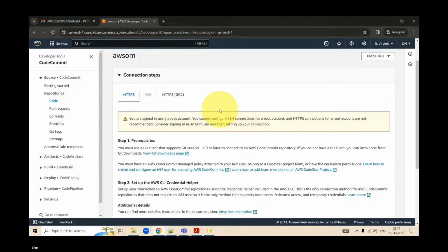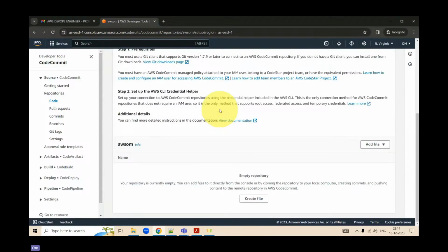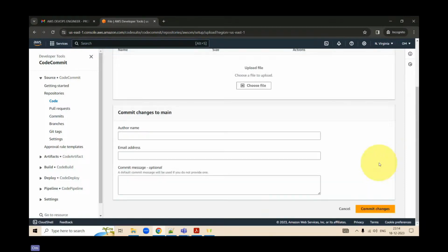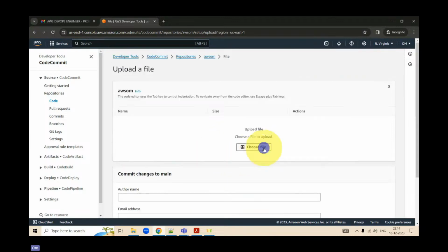Now, once your repository is created, what you can do is you can add a file into that repository. Either you can create it from here or you can add it from a place. Maybe you can upload it from your local itself.